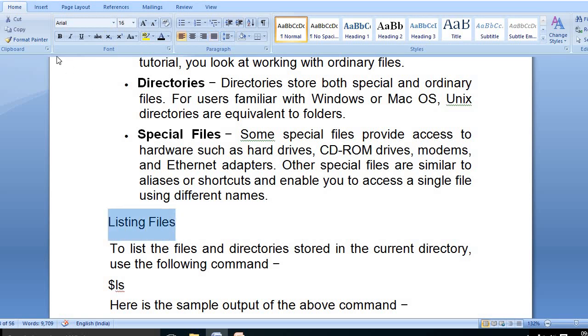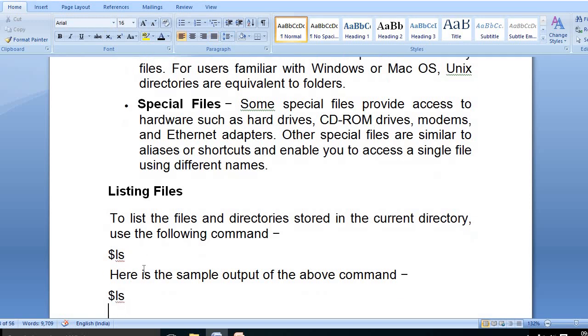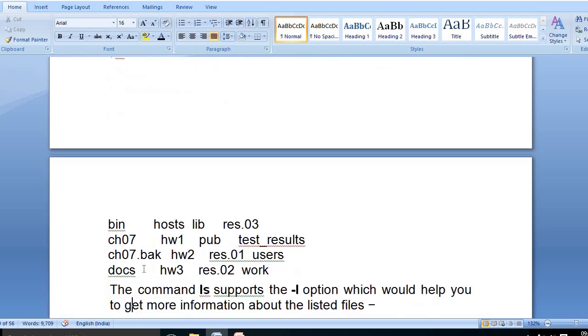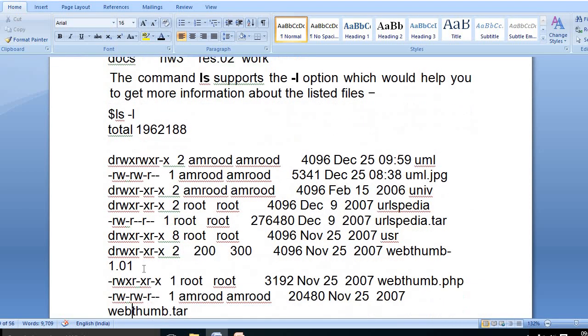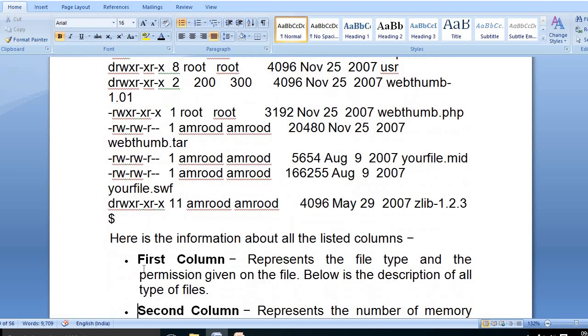Now, the list of files. To list them, the ls command is sufficient to see the list of files and directories. In this way we have ls -l, which shows the total number of files and directories. Then